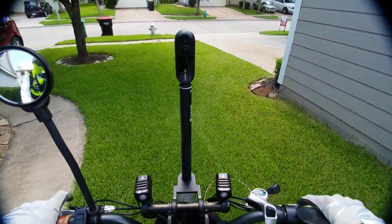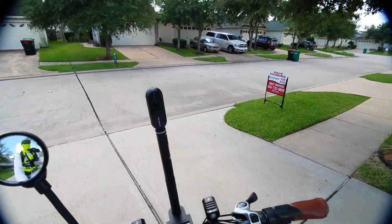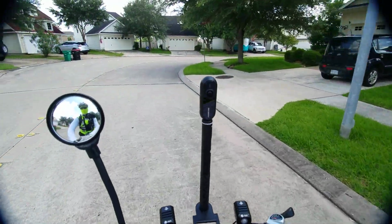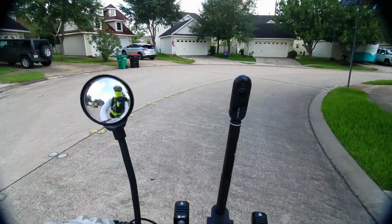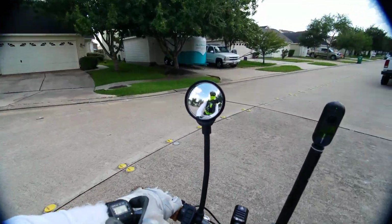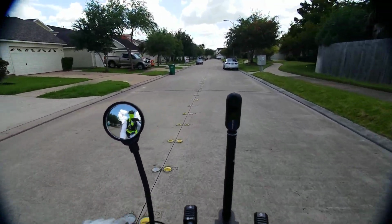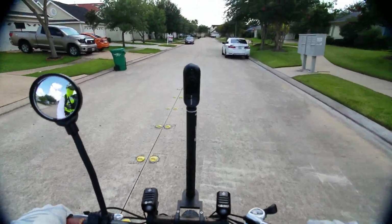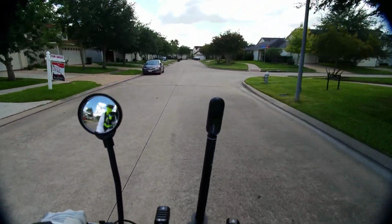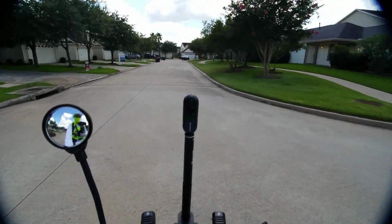Alright. Okay, let's turn the power on. Let's see how everything's doing here. Oh yeah, I gotta start the timer. It's the timer. Okay. What I like about this timer is it repeats. So I'll be turning on and off the thing. So I got my gimbal,